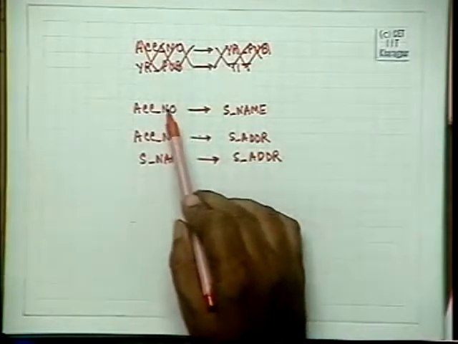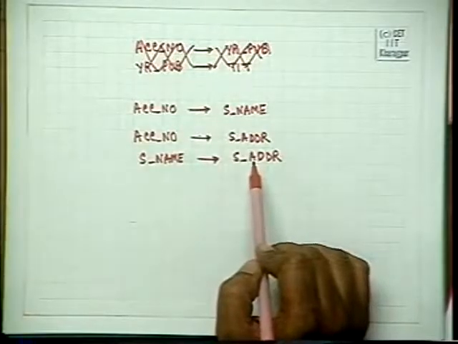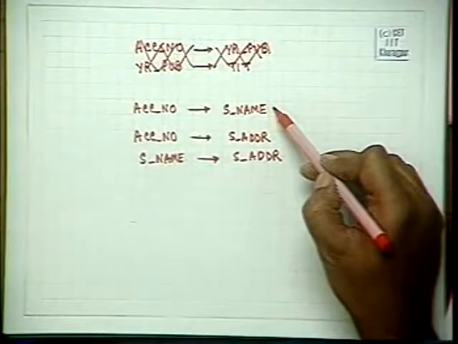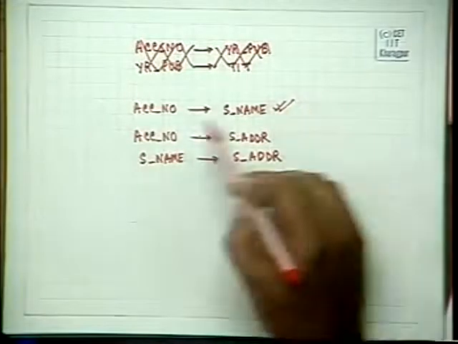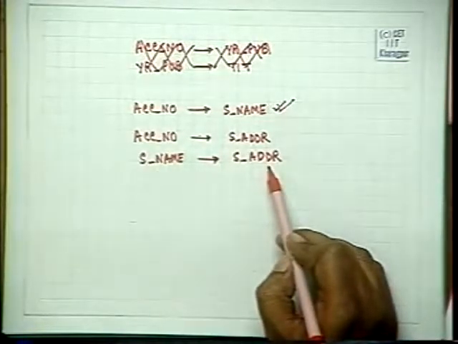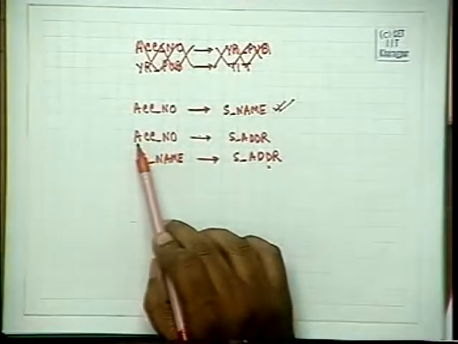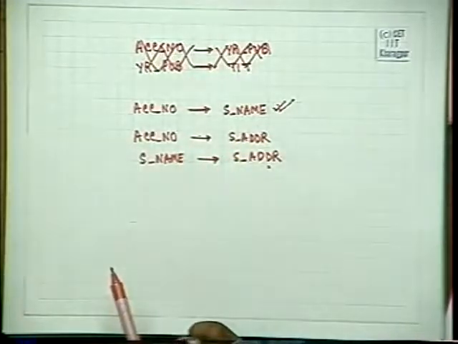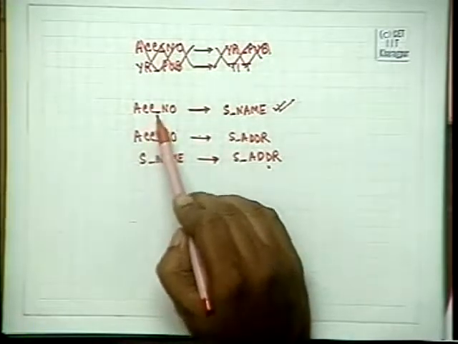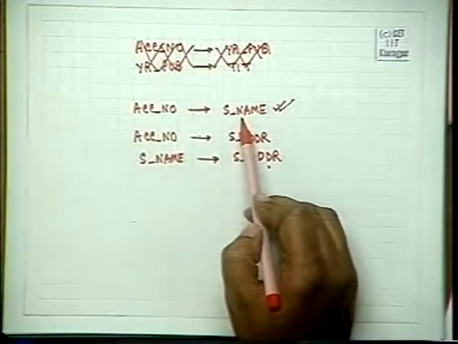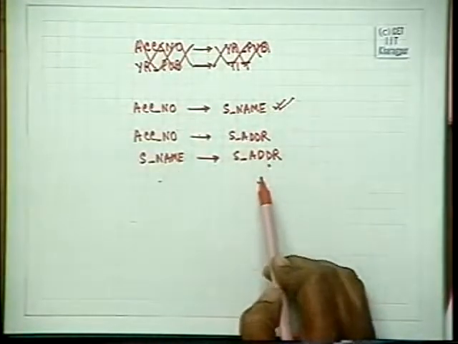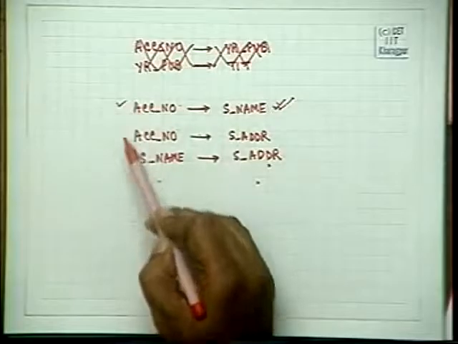Now here individually there is no redundancy, but we can see that from supplier name gives supplier, accession number gives supplier name, and supplier name gives supplier address, which should logically mean accession number gives supplier's address, because if in any place we have two tuples which have got the same accession number, they must have the same supplier name, and if you have the same supplier name, they must have the same supplier address. Therefore, if this and this is there,